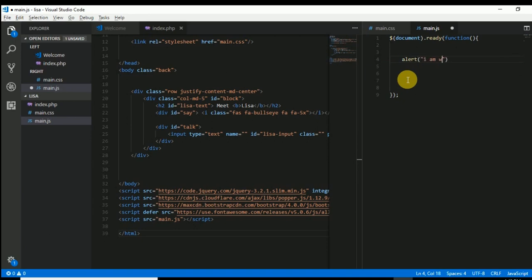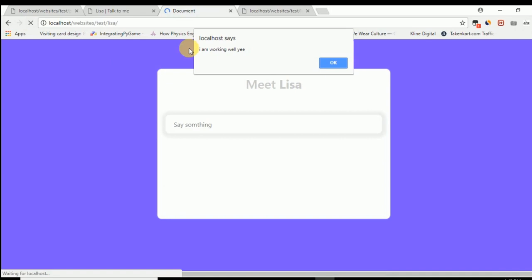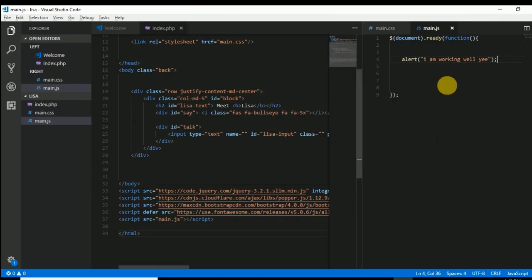I am working well. So if this JS file is included correctly in my main index file, then there must be an alert. Okay, I am working well. You can see this alert is here. That means my JS file is working good. So now remove this